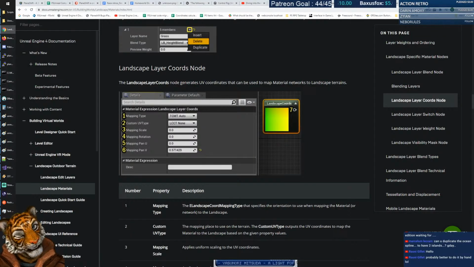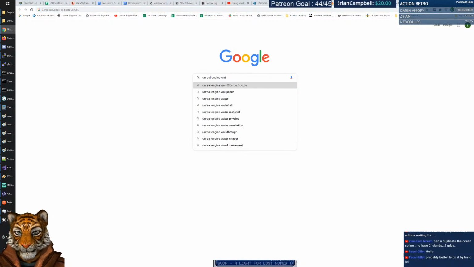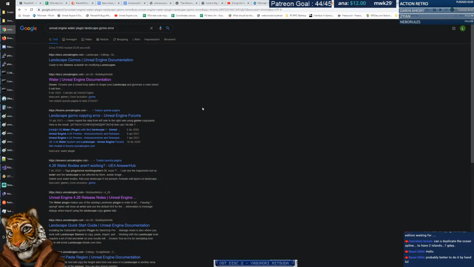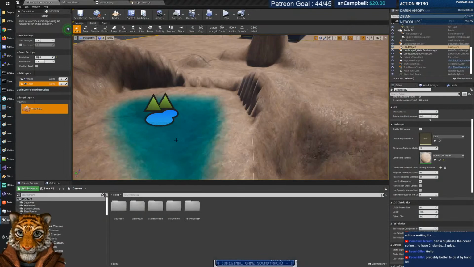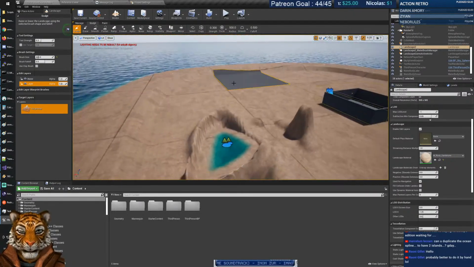Can I just search water, Unreal Engine, water plugin, gizmo, landscape gizmo error? I don't know. I mean, the gizmo is going completely crazy. And I think it's going crazy only when you have a water body, right? Because